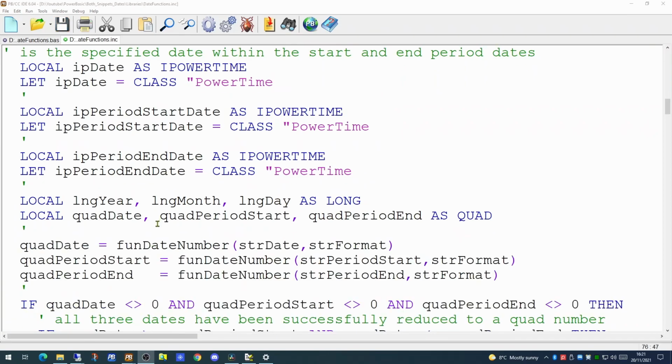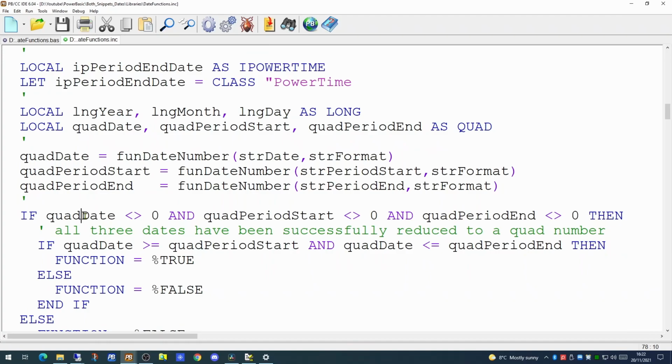So having set all our variables up, we're going to use the funDateNumber function to return the quad value of each of these dates. The quad value of the date we're interested in, and the quad value of the start and the end dates of the period. And then a simple line of code to determine that none of these quad variables have actually got the value 0 in them, which if they did have the value 0, then something has gone wrong with turning the date into a quad. And once all 3 of these are non-zero,